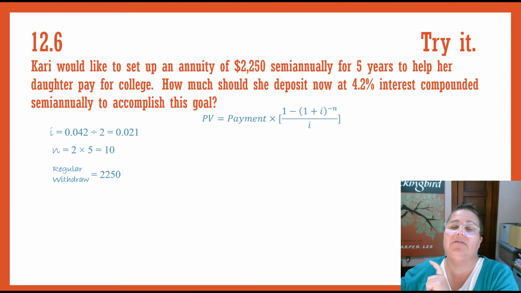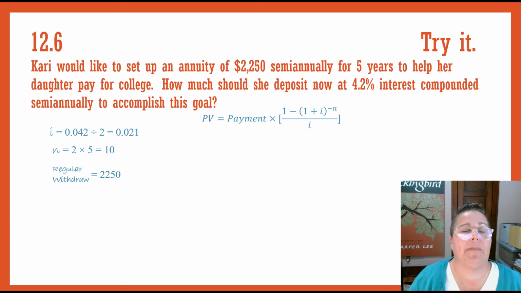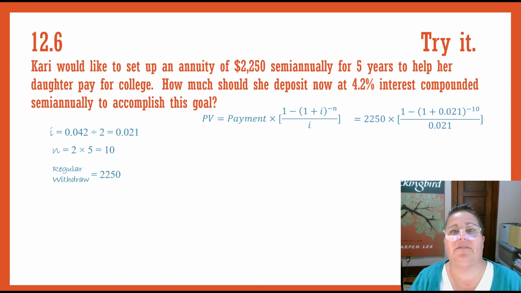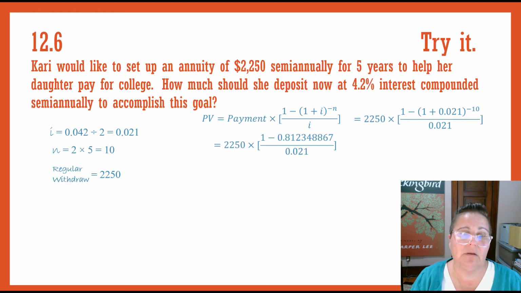power, divide that by i. Once I know what that is, I'm going to multiply it by the payment. Using substitution, I want to do that first. Sorry, I'm ahead of myself. We're going to take the payment of $2,250 times 1 minus parentheses 1 plus 0.021 to the negative 10th power, that's my n, divide by 0.021,